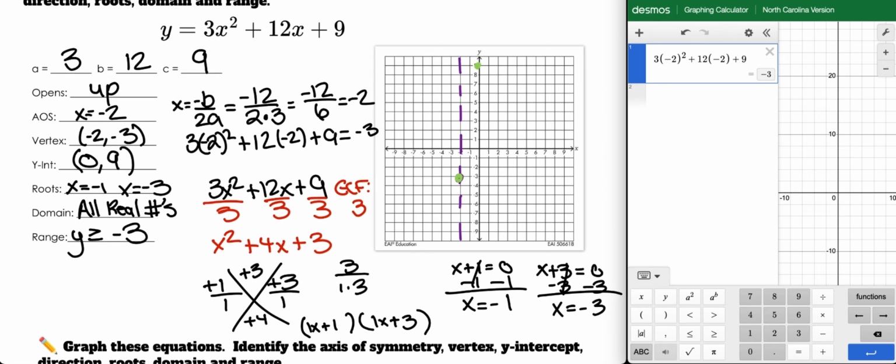We can graph our roots. Our roots are just dots on the x-axis. So that means we put a dot on -1. That's one of them. And then we put a dot on -3. Now, if you look at that, we have everything that we can graph on the coordinate plane, but we are missing a dot. Now, because we need 5 dots to make a good parabola,